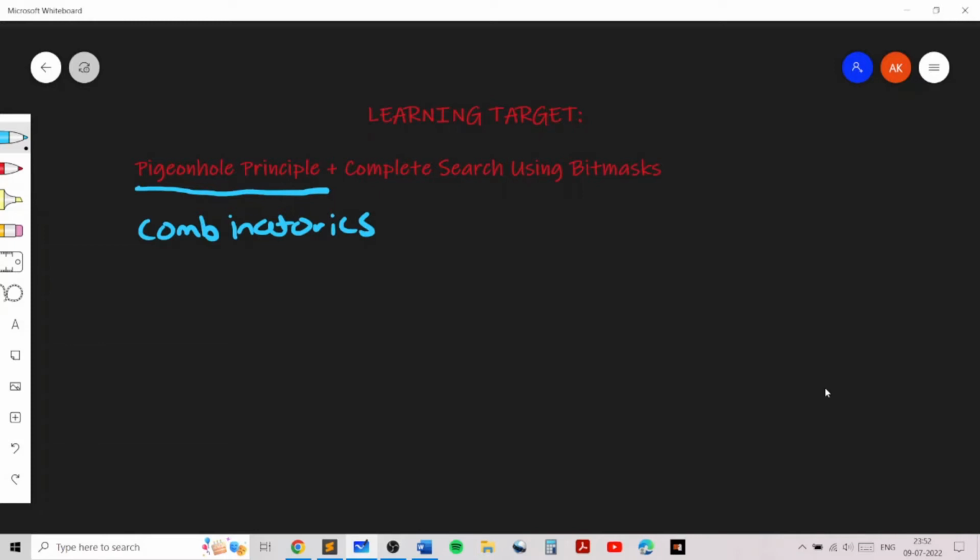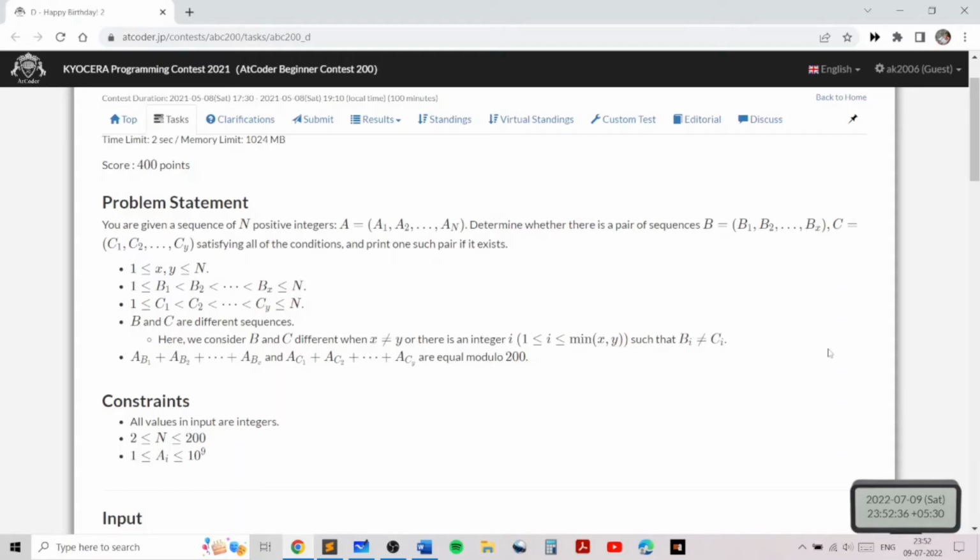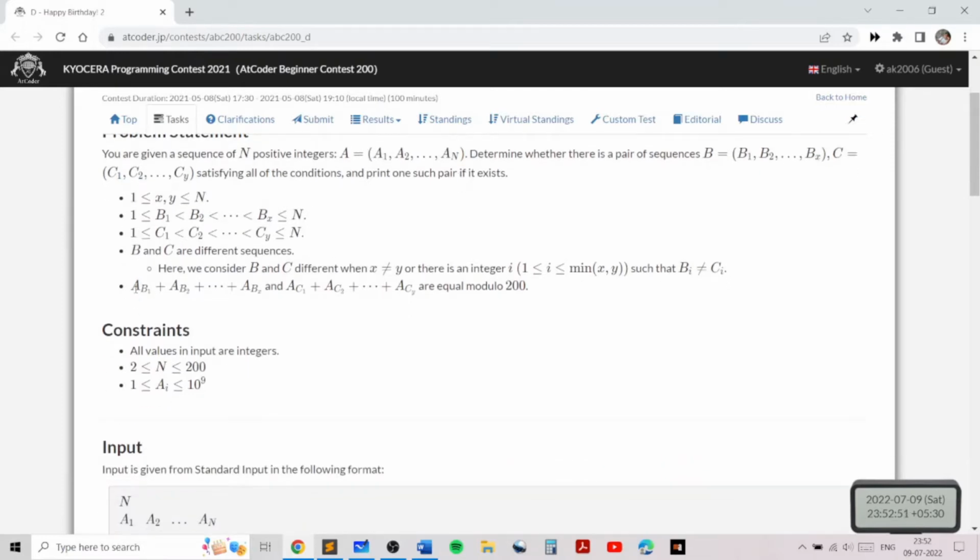And it also teaches you complete search using bitmasks, which is very important for subtasks in ZCO, and it frequently shows up. So in this problem, we are given a sequence of n positive integers, a1 through an. We need to determine whether there are two subsequences, b and c, of the original array A, such that the sum of the elements in the two subsequences are equal modulo 200, and the two subsequences are different from each